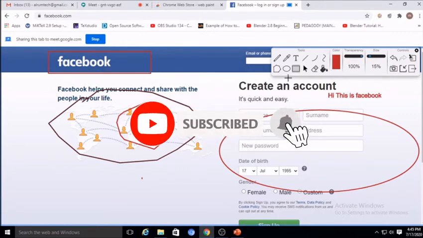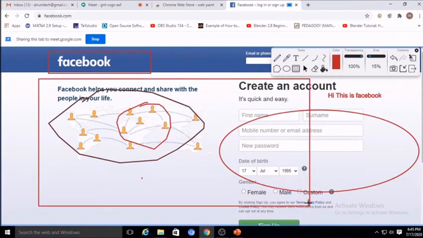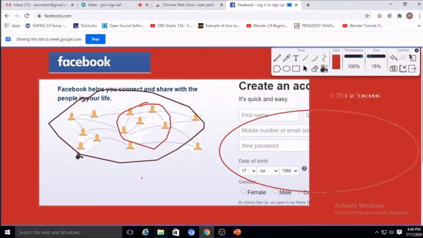Then one more facility is, if suppose I want to show this particular content, whatever shown in the square or rectangle, and remaining I want to hide, then I can use this paint bucket and click. So remaining it is hidden, and only inside the rectangle it can be shown. You can erase the things, even you can erase all the things.